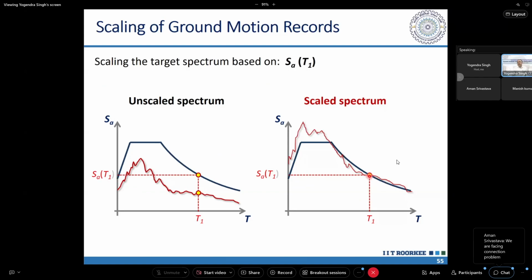the vicinity or at that period, but at other locations, at other periods, you can see that